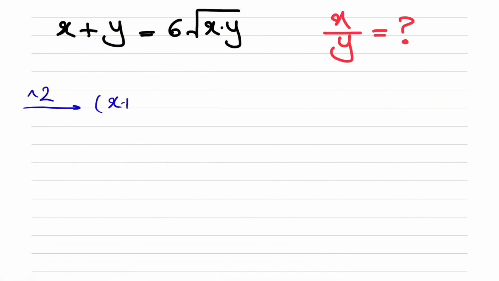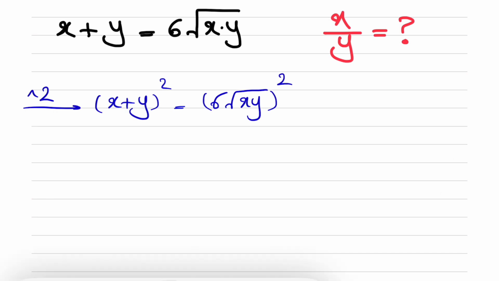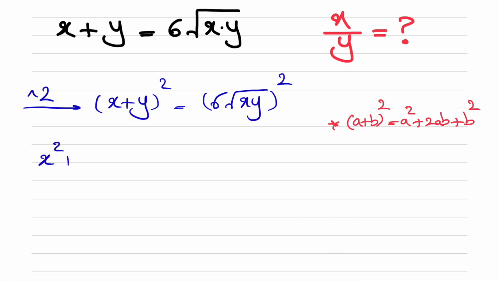So we have (x plus y) to the power of 2 is equal to (6 times square root of xy) all to the power of 2. And what we have in here is (a plus b) to the power of 2, which is a squared plus 2ab plus b squared. So we're going to use that in here, and on the left side we have x squared plus 2xy plus